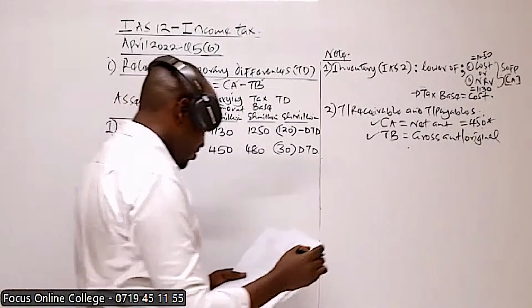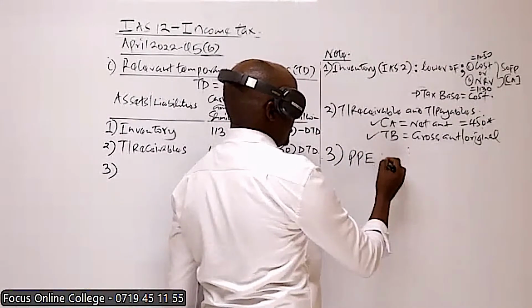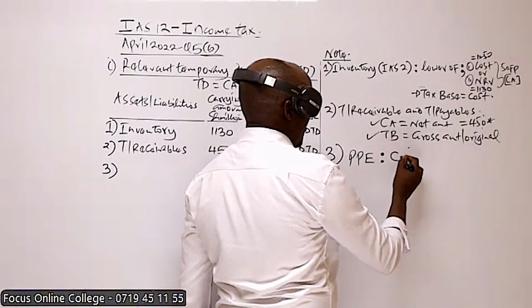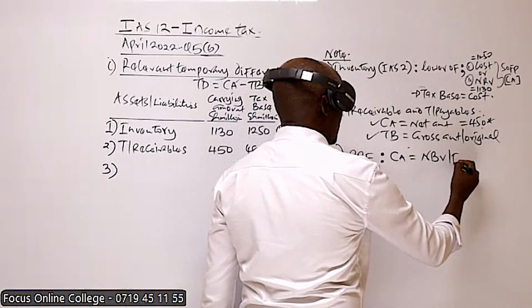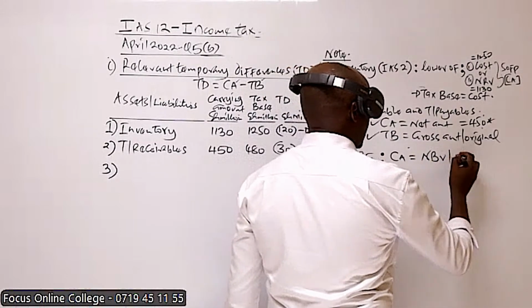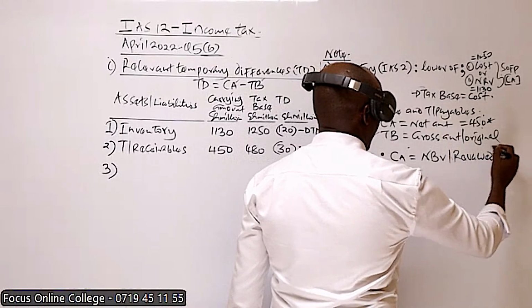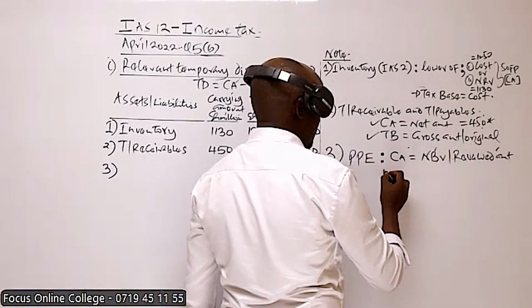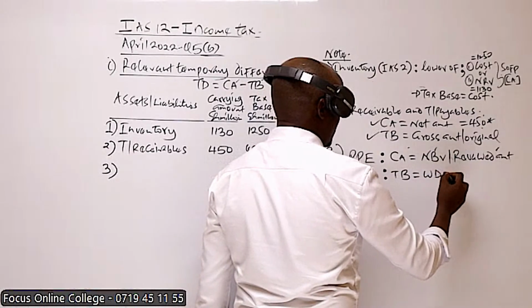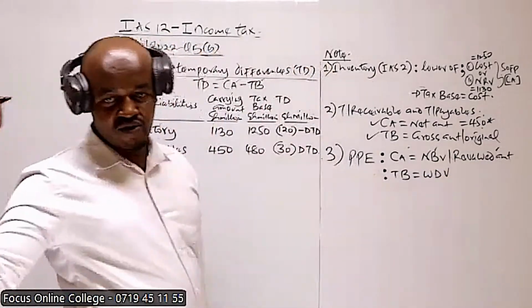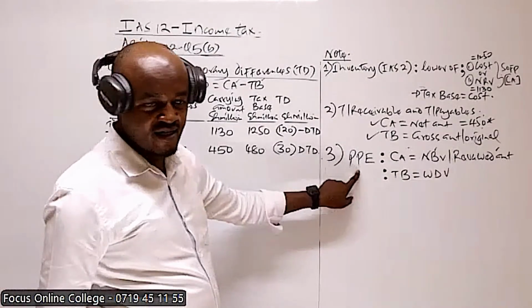Then note number 3. We are given something called PPE. I'll also give a note for that. For PPE, the carrying amount is equal to the net book value or the revalued amount, based on what you're given, whereas the tax base is equal to the written down value. Remember the other question which we did, the question we started with, we said in case you're given an item of asset, carrying